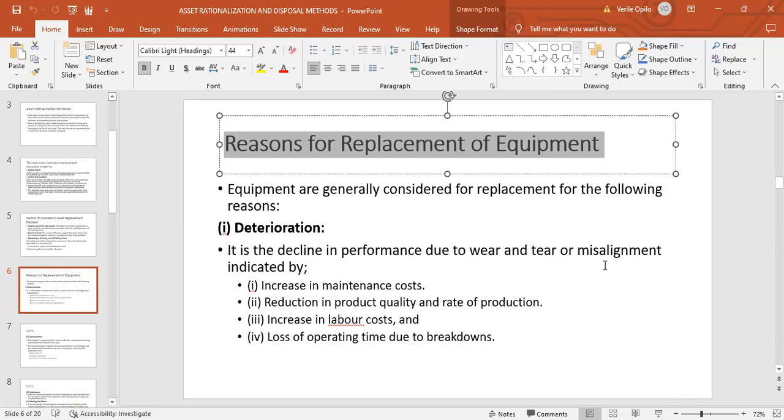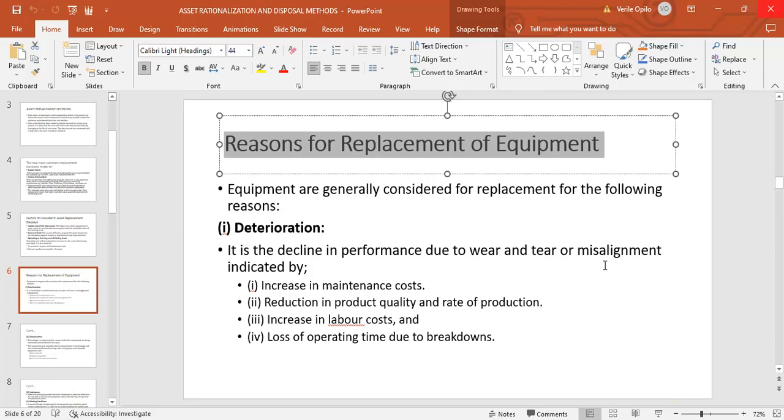So you realize that because now the parts are always being replaced, it means that these original parts are worn out, they are torn, and therefore the asset has deteriorated. Then, of course, the reduction in quality and rate of production. That one again denotes deterioration in an asset, because if an asset is effective, then it will be able to produce high quality goods, and also a good number of units. That if you're expecting 10,000 units, at least you should be able to produce something close to the 10,000 units